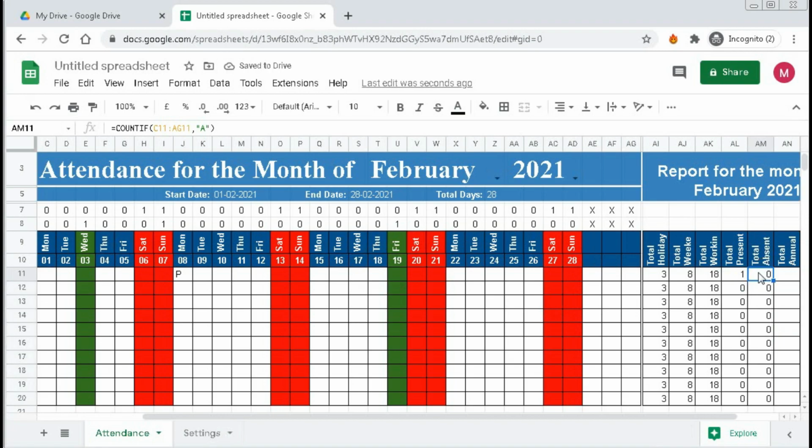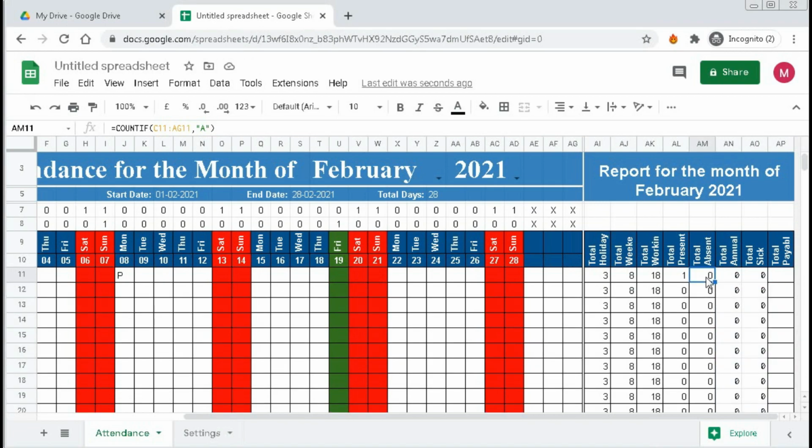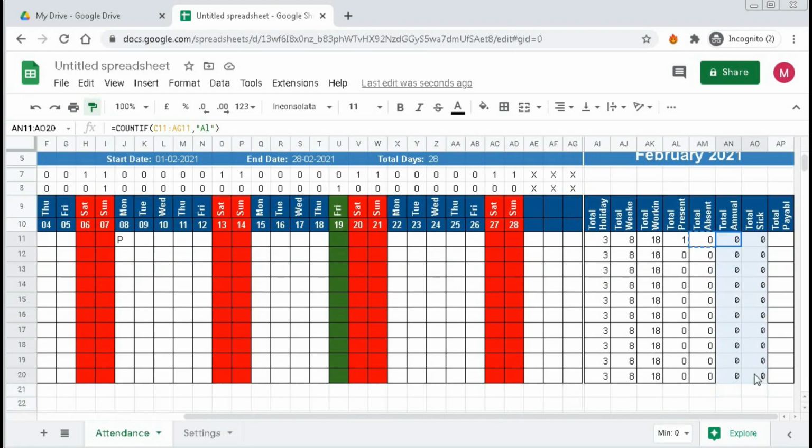We can copy this formula and paste it here and change from A to AL, and here the same, paste it and it will be SL. Now drag this till the end. So select the format painter and select all this range.